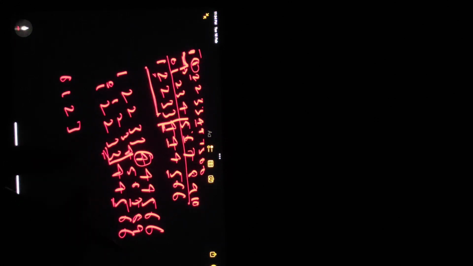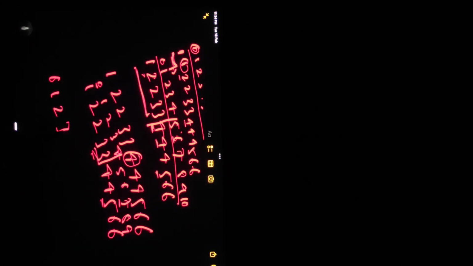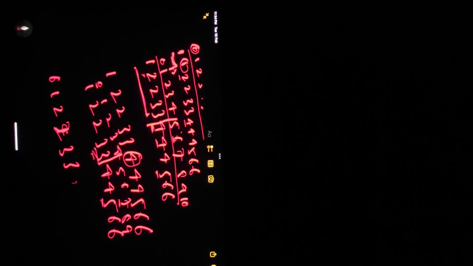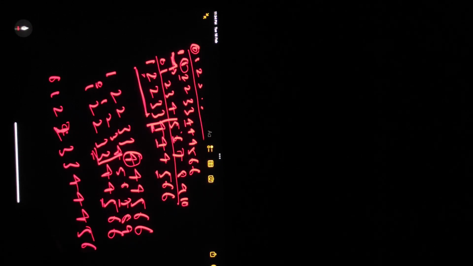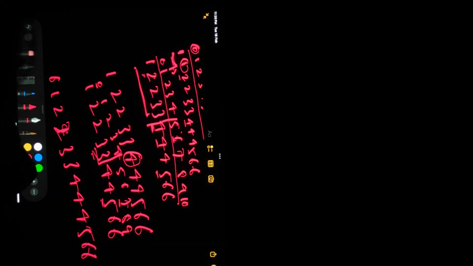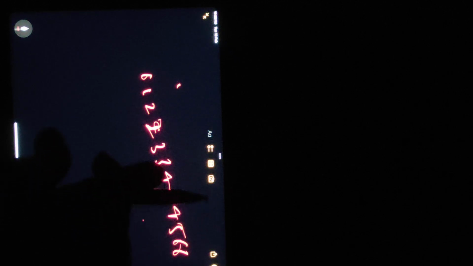So again I will take the main array 0 1 0 1 2 2 3 3 4 4 4 5 6 6. Let me erase all those things from the upside to explain it in a better way. I've deleted all those things. Now see at what index I have to delete some element. The index should be an even index, and the next element of that even index should not be equal,